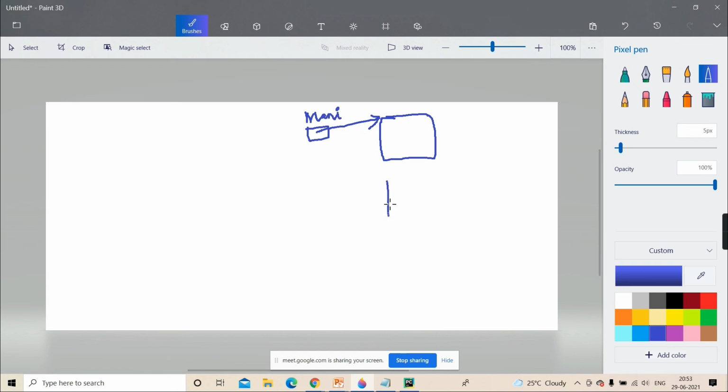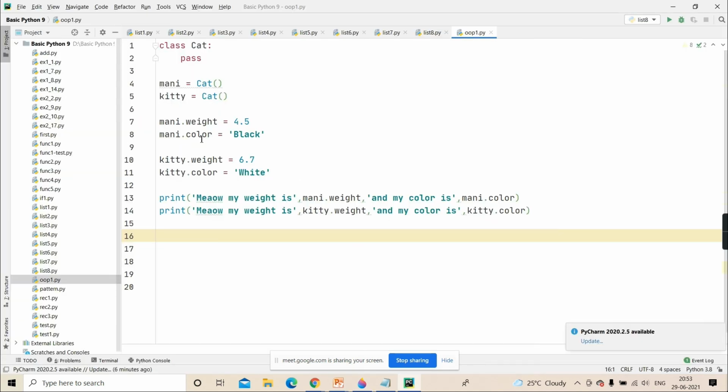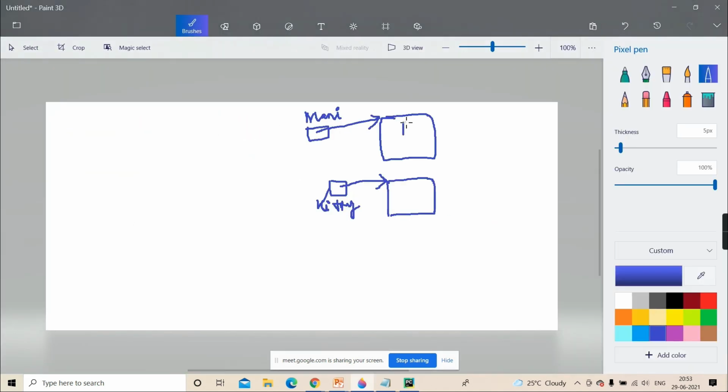Again one more object, meaning memory is allocated for this Cat object, is created, and its reference is stored in Kitty. Correct? Then later you added these two properties, money dot weight and money dot color, so it adds a weight property in this Money object and assigns it the appropriate value, and the same for color.